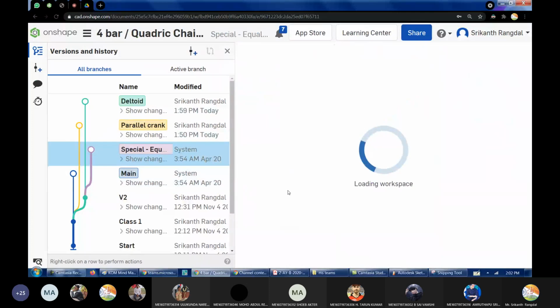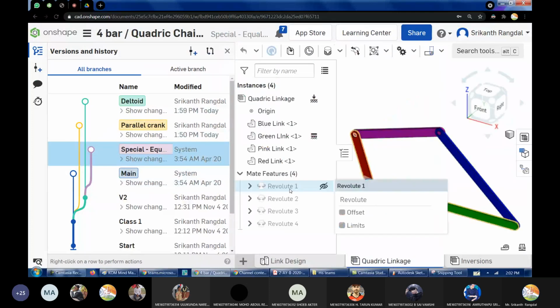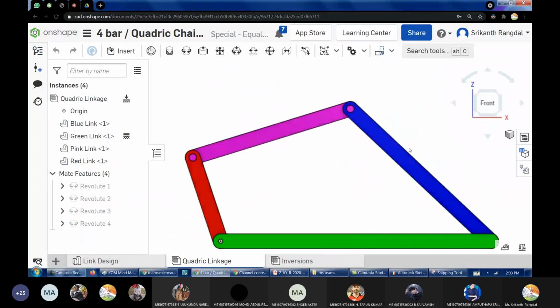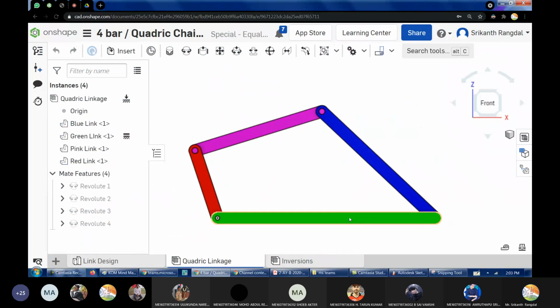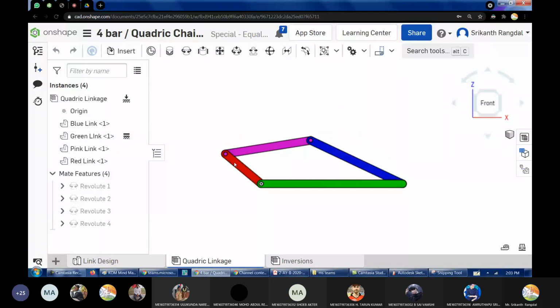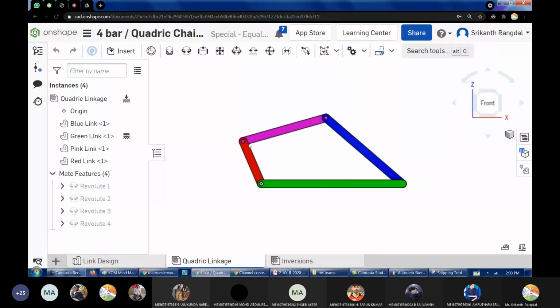Now, apart from these, there is one more type. Can you tell me what is special about this? This is not there in the textbook, but while playing around with this, I was able to find this. You should be very good at observing to be able to tell the difference. What is special about this?